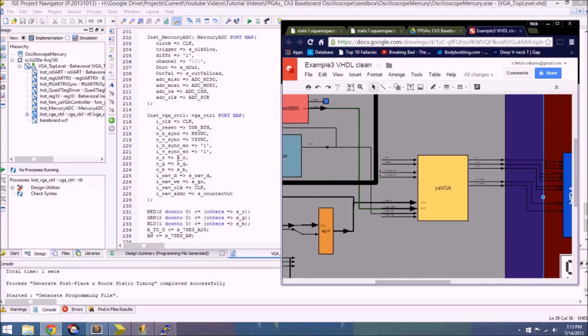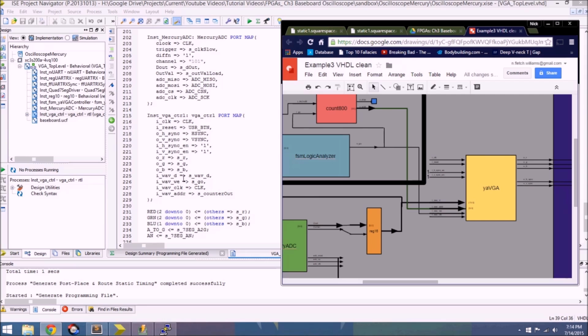The output red connects to signal red, output green connects to signal green, output blue connects to signal blue. And like I said before, these output colors are only 1 bit each, so output red is only 1 bit, and I wanted this output red to connect to all 3 pins for red on the VGA. And you can see I did that here. The red top level output 2 down to 0, these 3 pins are all connected to the 1 signal red single bit output of the yaVGA. And the same thing for green, and the 2 outputs for blue in the top level are connected to the 1 signal blue